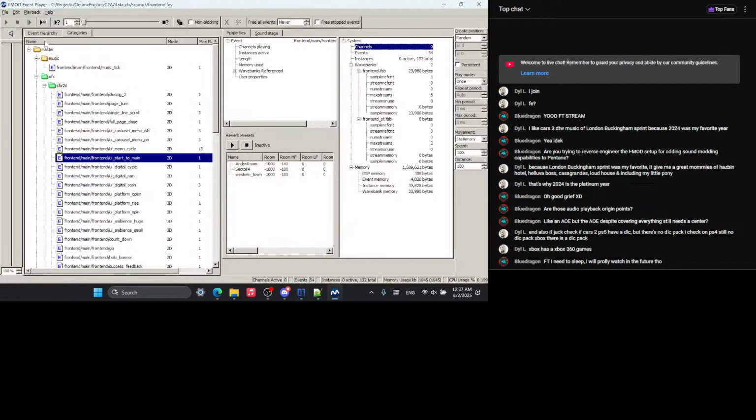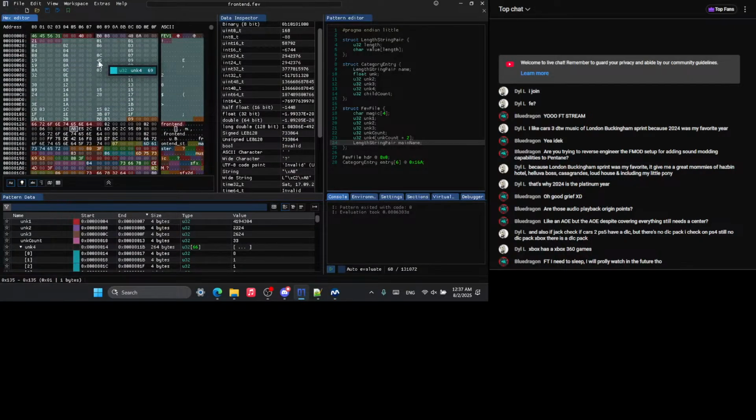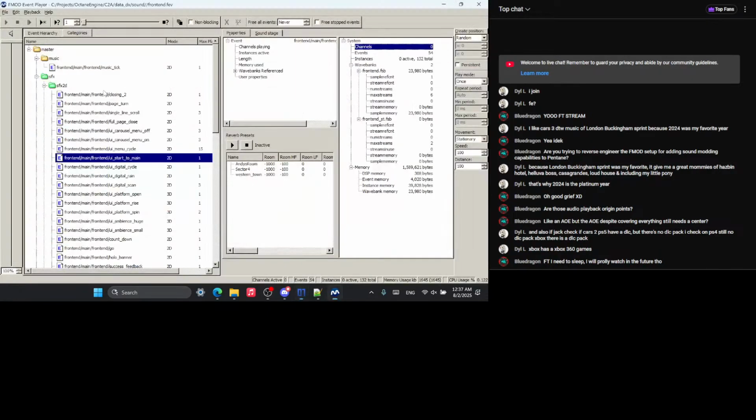Okay. The unk count of 33 corresponds to this, and I'm sure these are offsets within the file, so